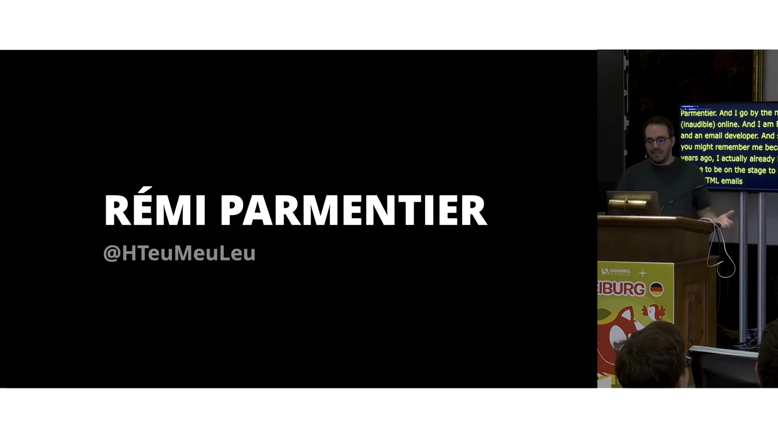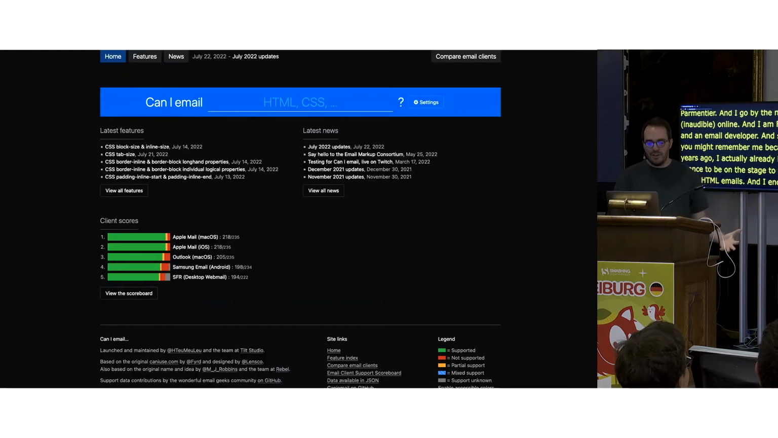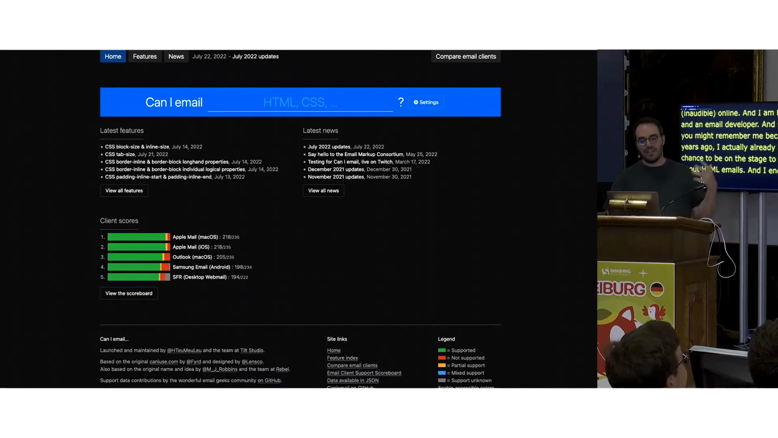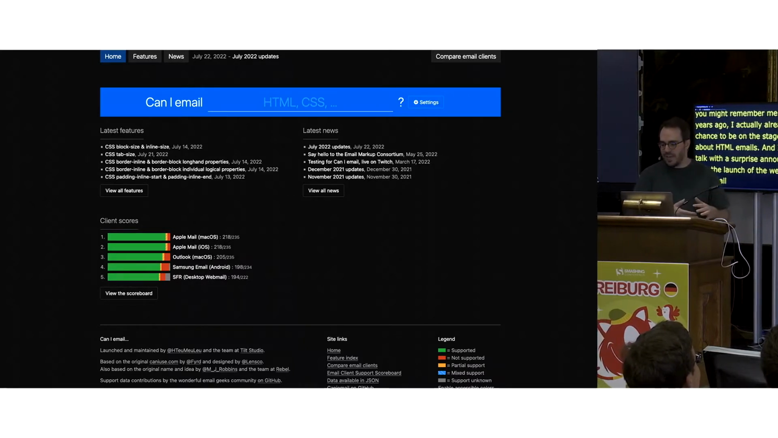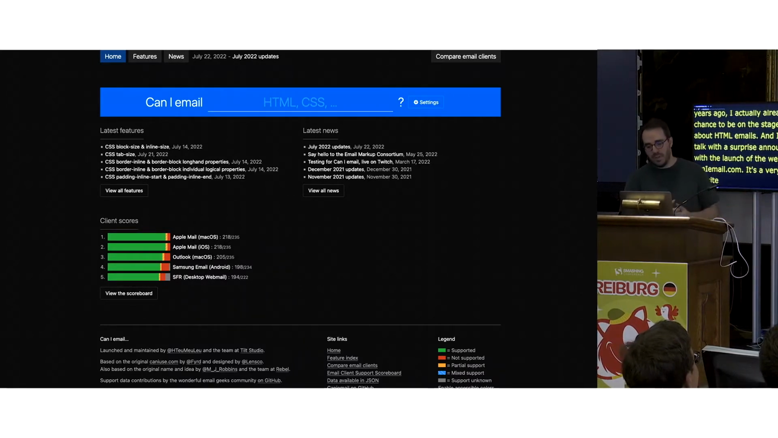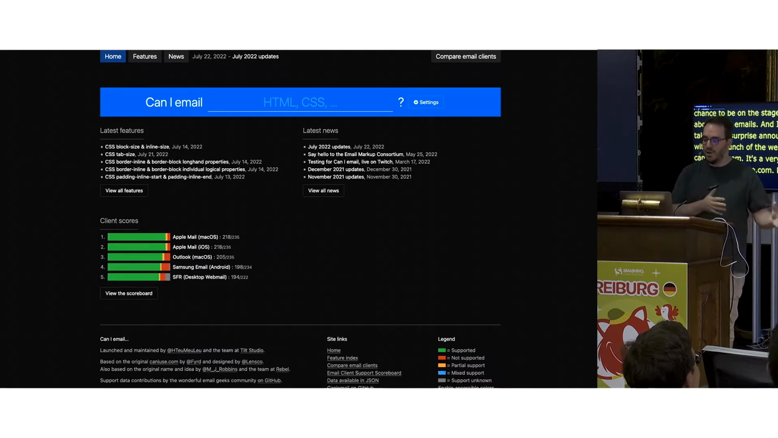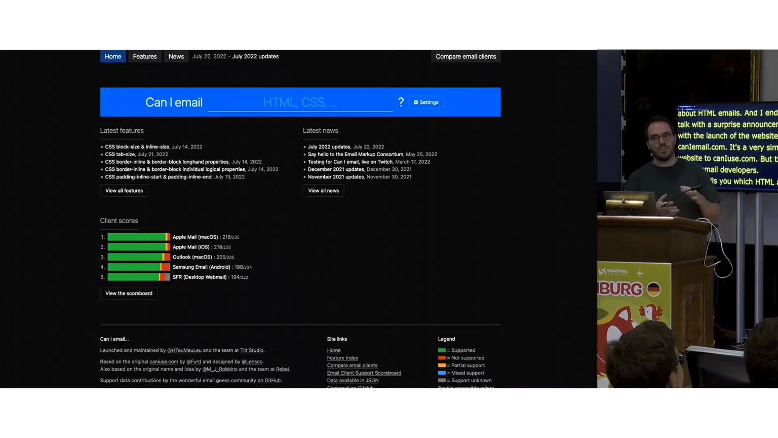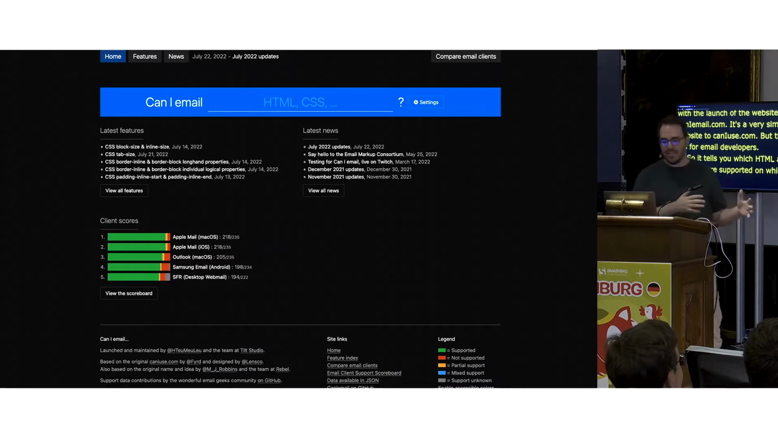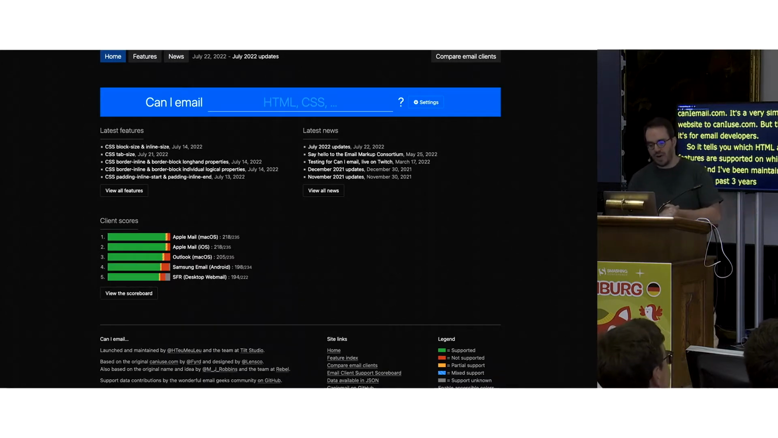I ended my talk with a surprise announcement with the launch of the website caniemail.com. It's a very similar website to caniuse.com, but this time it's for email developers. It tells you which HTML and CSS features are supported on which email clients. And I've been maintaining this site for the past 3 years, and a lot of things sure happen in the